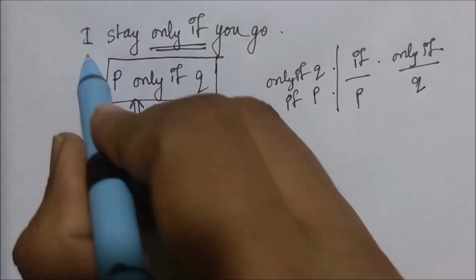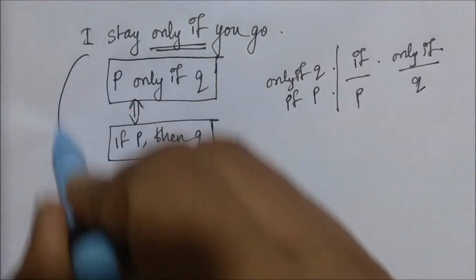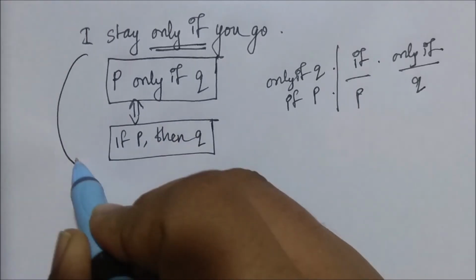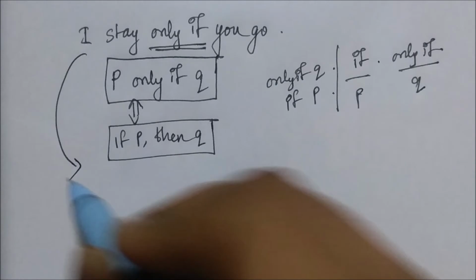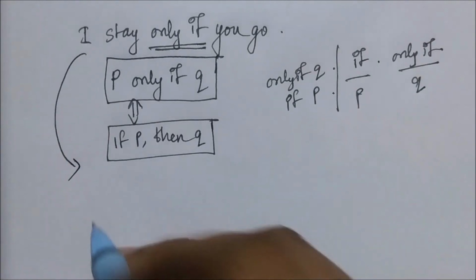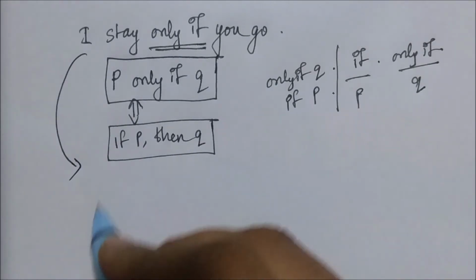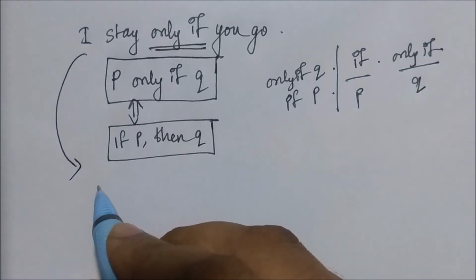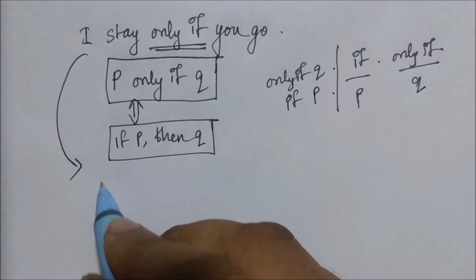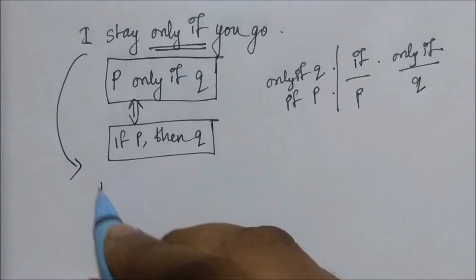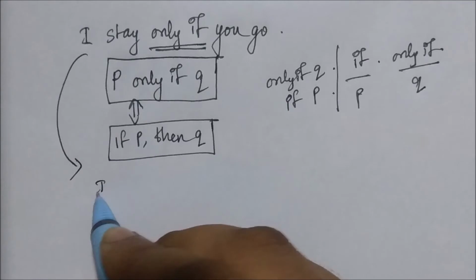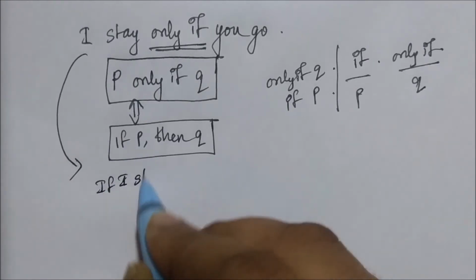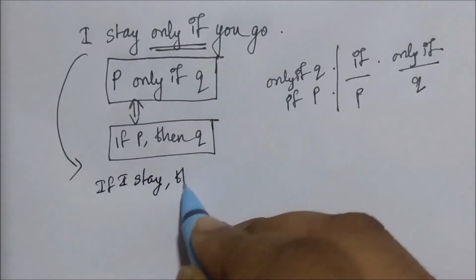So in a conditional statement, we can have "if and only if". If P then Q means P only if Q. The only if part will come before Q, and the only if part will not come before P. This is a shortcut that we can use for understanding the equivalencies faster when solving a GATE question. Even though this is not the correct explanation, it can be a shortcut used for solving GATE questions. So now we said that P only if Q is equivalent to if P then Q, which means